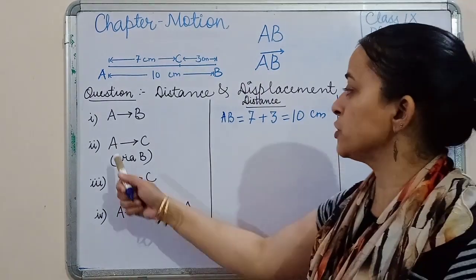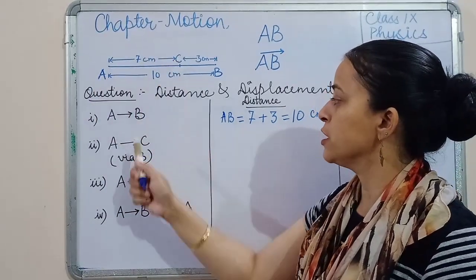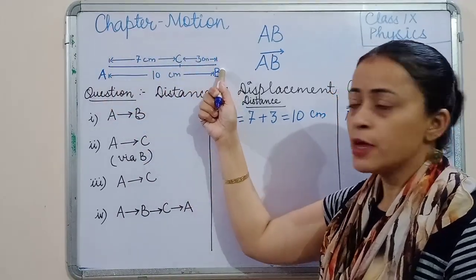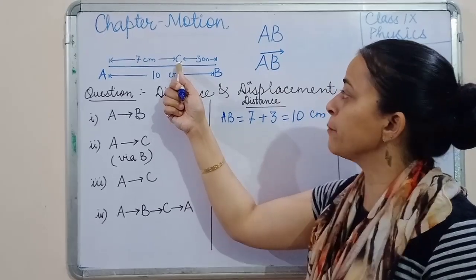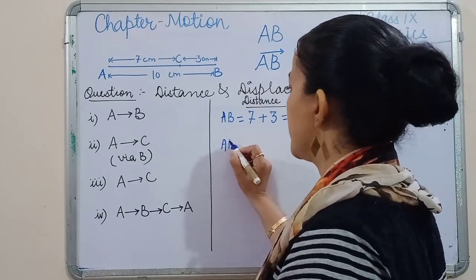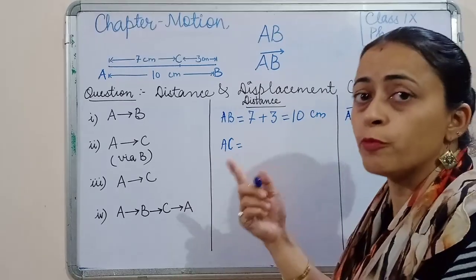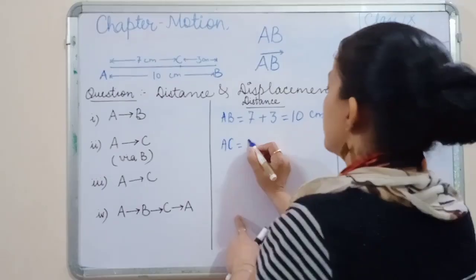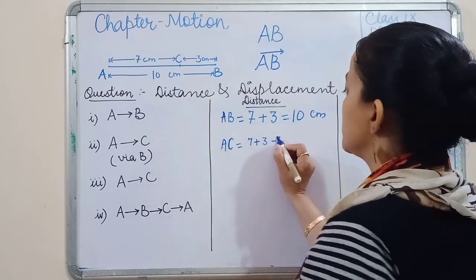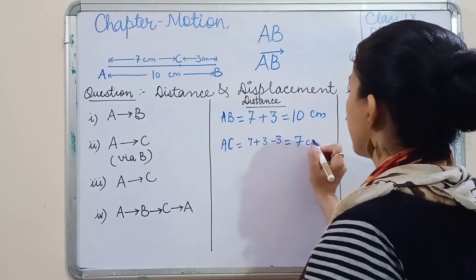Let's take up the second case where the object is moving from A to point C. From A, it is moving to point C via B, I have written. It means from A, first it moved to B and then it took a U-turn and came back and stopped at point C. So we have AC as the distance covered, which is equal to, because it has moved through B, 7 plus 3 and then minus 3 units, which it has moved in the opposite direction, thereby making it 7